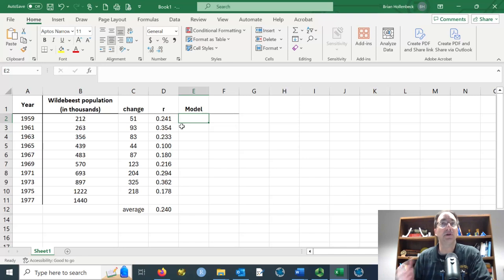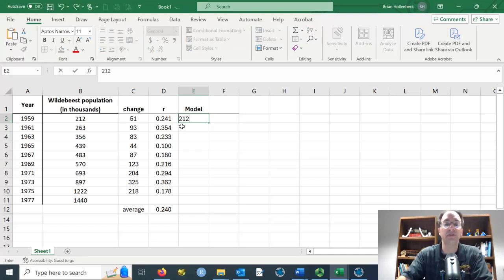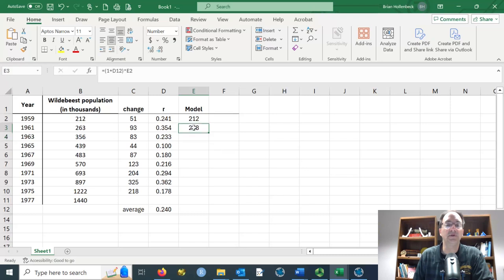Now remember, our model was a recursive relationship, and so P0 was 212, so we start there. And then remember, our model was the quantity 1 plus whatever our R value is, which we're going to use this for now, times the previous population. Now, it's very important. Make sure you use the same column when you're using the previous data value. If you come over here, that will confuse your model. And so notice we get 263, which not surprisingly is a great prediction, but we know it's not going to